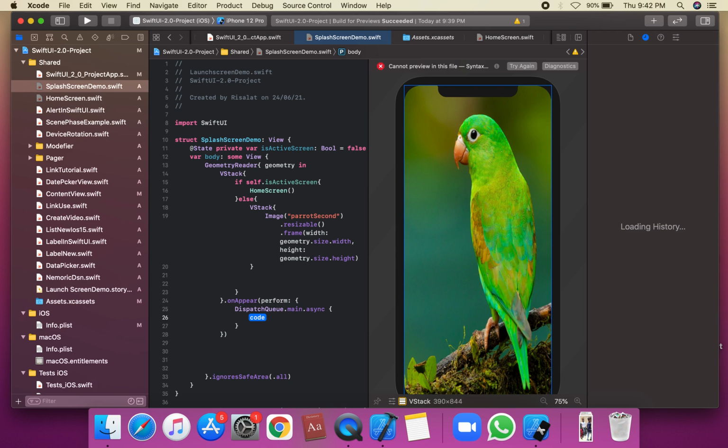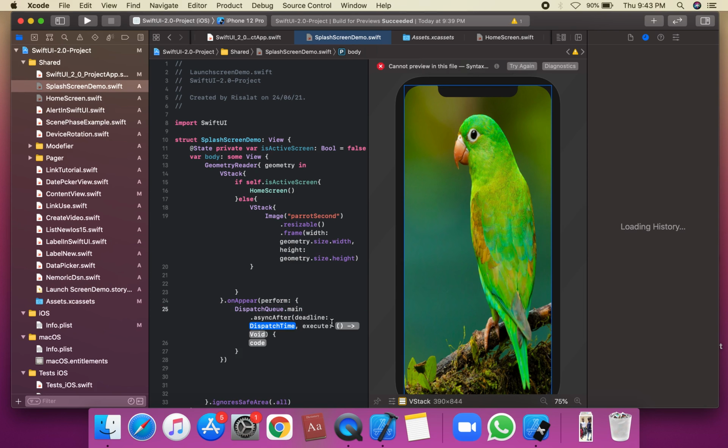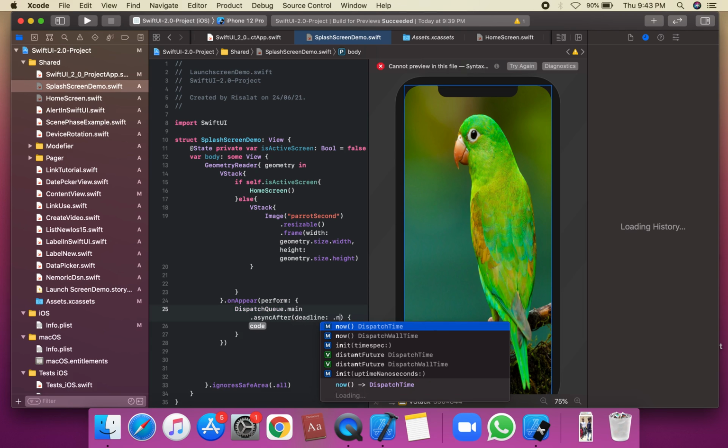We're going to use DispatchQueue.main.asyncAfter, with deadline and execute. This is the deadline, which we can remove. This is the DispatchQueue time, DispatchTime.now. We can remove this closure, and this is the deadline dot now